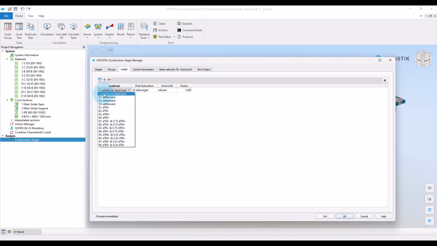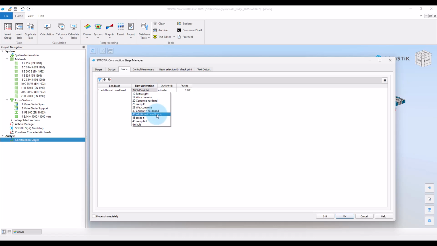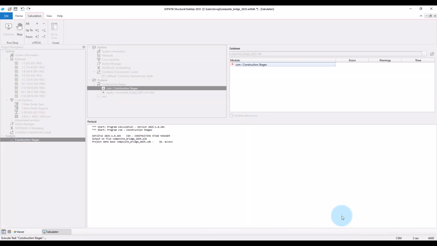As you remember, in load case 1 we defined this additional dead load, so I choose this load case here, and of course I have to set when I would like to activate this load, and this will be done in construction stage 40 that I created for this purpose. And the loads shall be active until infinite, so not to be removed somewhere in the construction process, and yeah, factor should be 1. Then we can run the construction process. So OK.